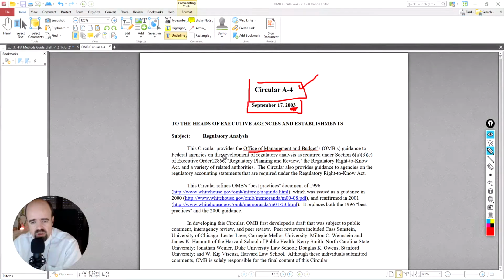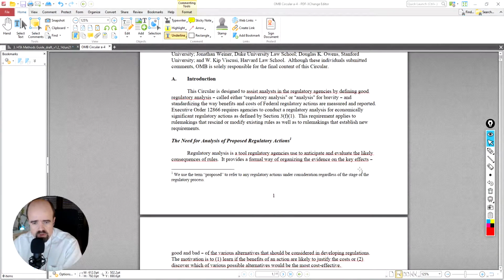But the intention in putting together this extensive document, 48 pages, was to put together a set of methods and recommendations to guide federal agencies on the development of regulatory analysis as required under this particular section. So the methods described in this document are to assist analysts in regulatory agencies by defining good regulatory analysis, or also policy analysis, serving as a tool for regulatory agencies to use to